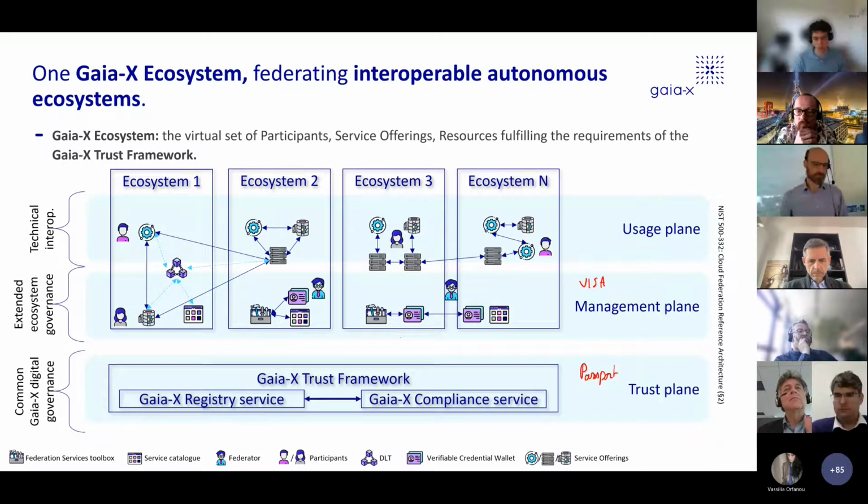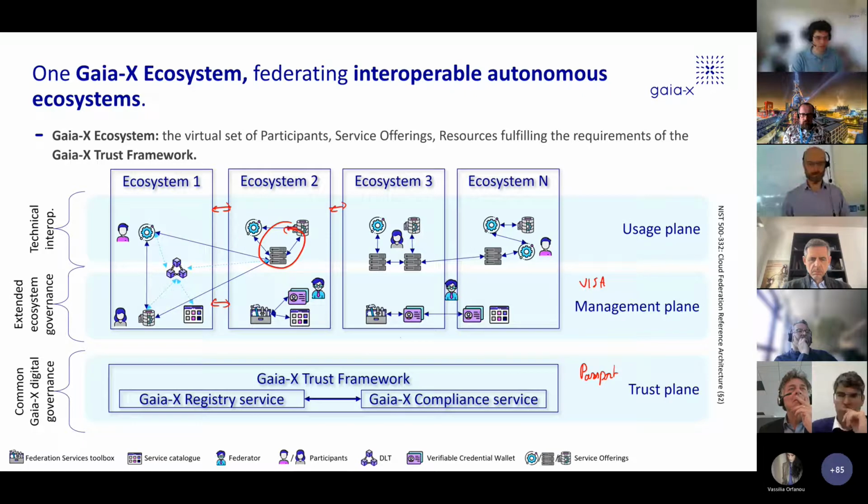So now back to the lab. Why are we doing that? Because we want to exchange data, data transactions, services across ecosystems. Well, within an ecosystem, organizations know how to do that already. They don't need Gaia-X. The value of Gaia-X is really to bind them together at that level, more exactly at the management part. The technical interoperability is something that we will address a bit later, but the lab will now focus on